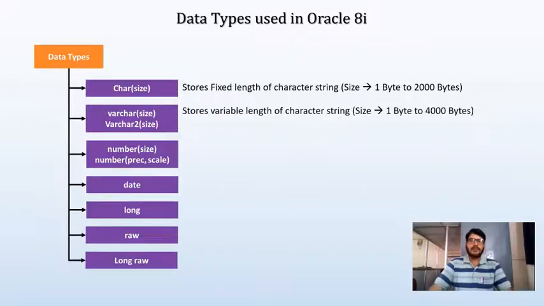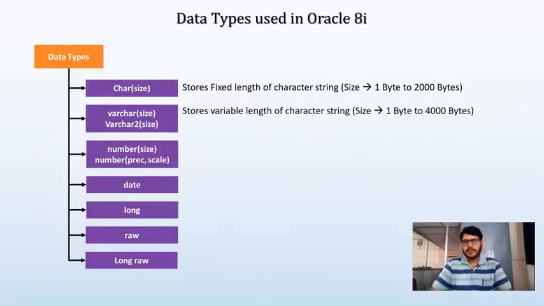Say for example, I want to store the name of a student. Say I want to store Arun, which has 4 characters. Again, I want to store Ishwar, which has 6 characters. So the length of a name is going to vary here. Then what is the difference between the normal character data type and the varchar data type here?